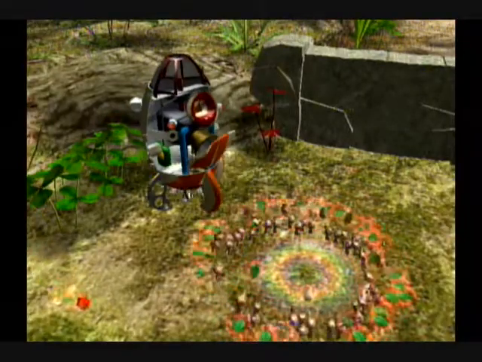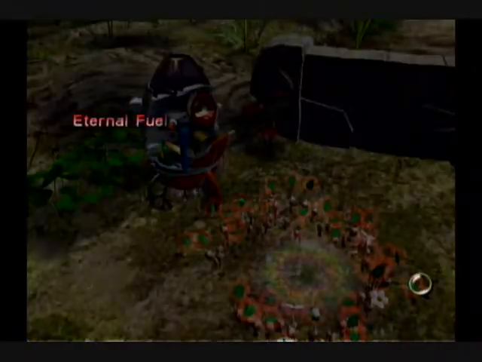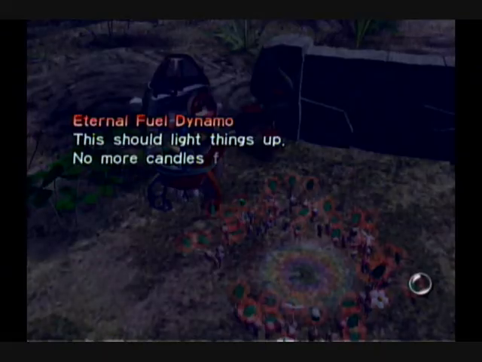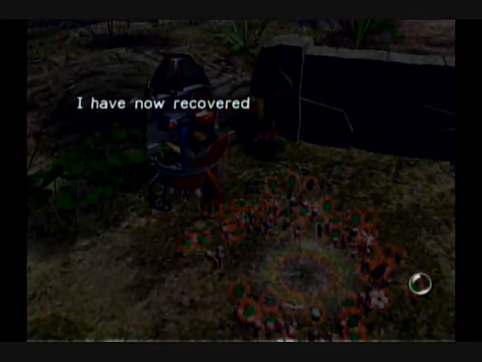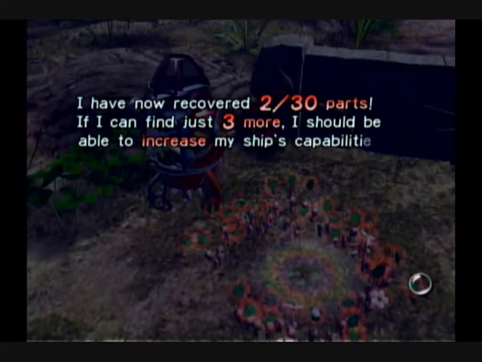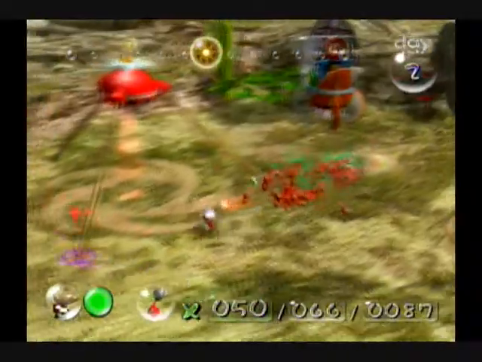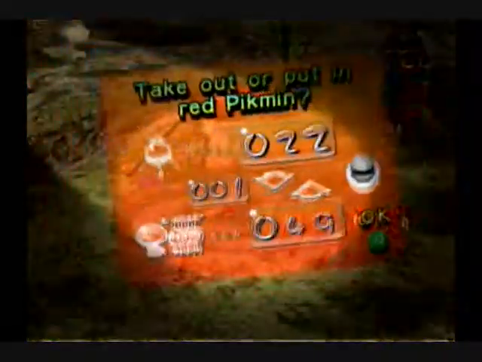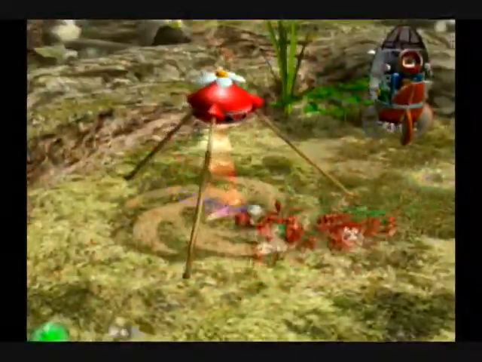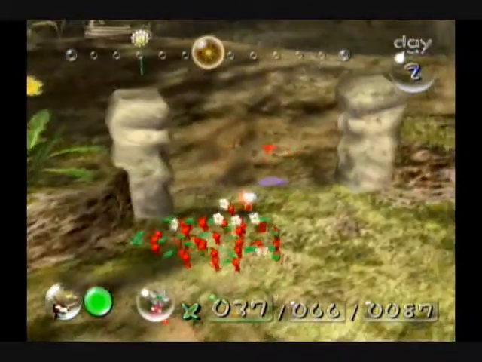So, getting our first real proper piece, not the engine. There it is. Eternal Fuel Dynamo. This should light things up. No more candles for me. I've now recovered 2 out of 30 parts. If I can find just 3 more, I should be able to increase my ship's capabilities. So that is another aspect of this game. Increasing your ship's capabilities. That's like your little goal